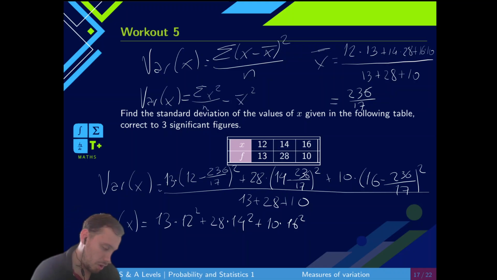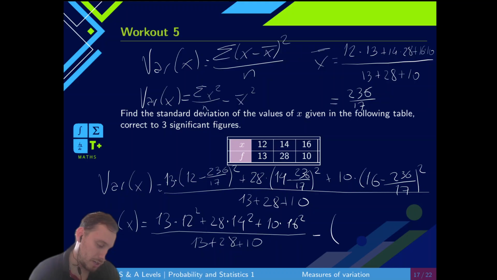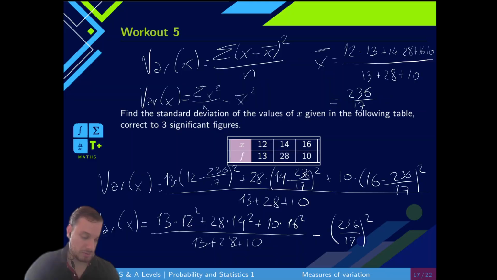Then that sum of x squared, we're going to divide over n. What is n? n is the sum of the frequencies, so it's 13 plus 28 plus 10. And from that we're going to subtract 236 over 17 squared. So this is the other way around the formula. You can choose either the one on the top or the one on the bottom, the one you like. These are the two ways around this. I'm going to write it now. Yes, this is equal to 1552 over